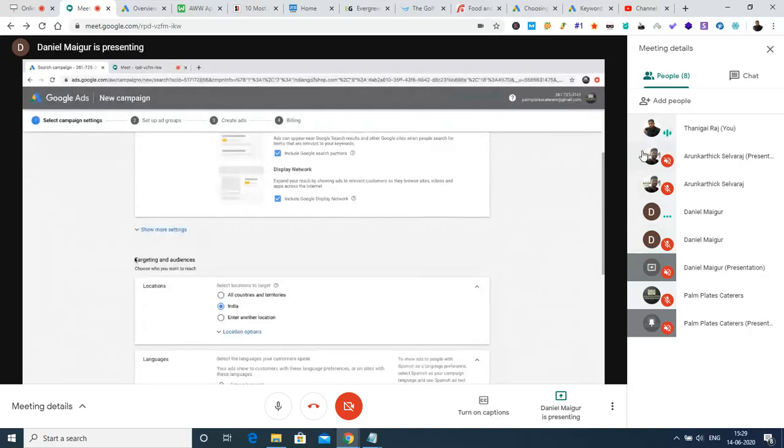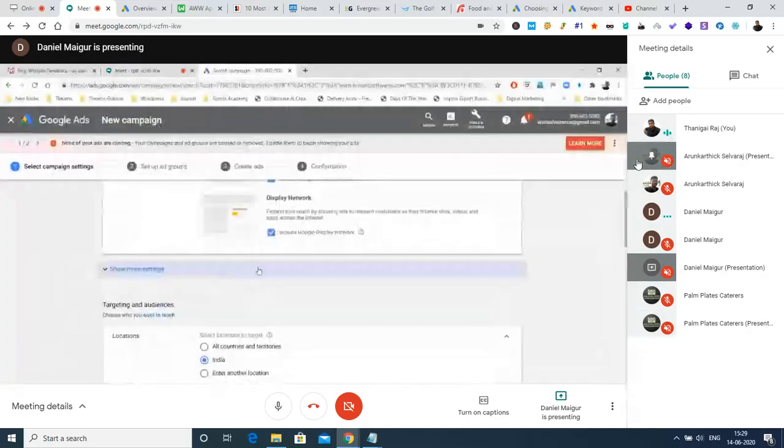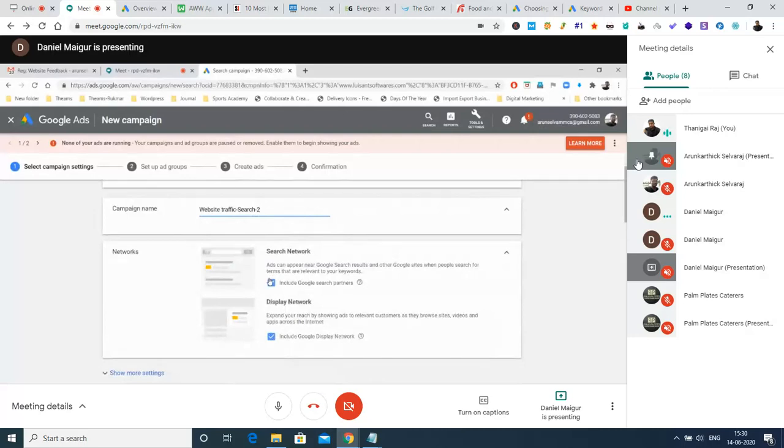So let me go to Arun Karthik's presentation screen. Arun Karthik, right now there is an option called campaign name where it has been written as website traffic search tool. Erase that name and give some campaign name for your business. You can give anything, like traffic advertisement, website click advertisement, or anything that you are looking for. Okay, after that